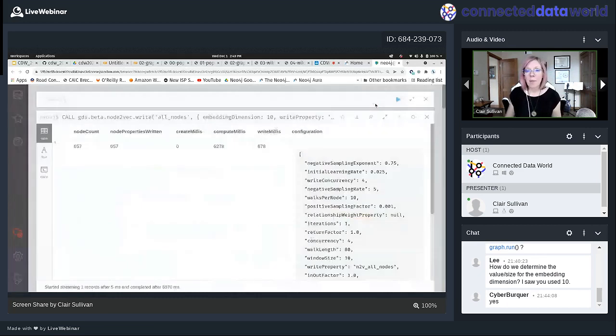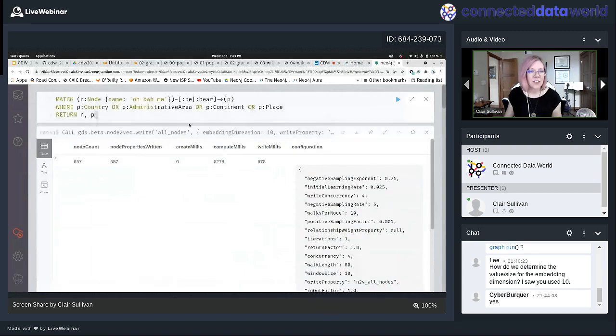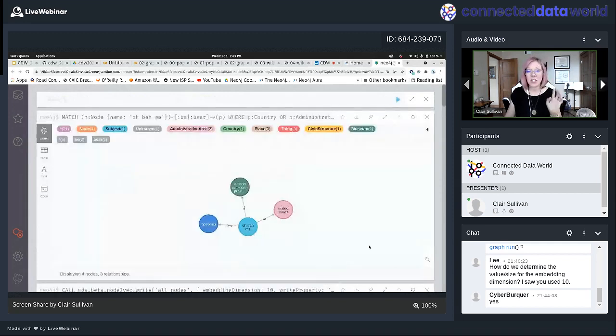So I could probably make this a little bit better if I used the proper lemma. Okay, so here I'm going to say the same thing, but now I'm going to say either be or bear. Okay, so if I do that, what do I get? Now that I've specified my relationship type, I have a much smaller graph. I see that Obama, bear, Honolulu. Yes, born in Honolulu. Obama, be, United States. I could probably just get rid of that be thing and I'd have the right answer.